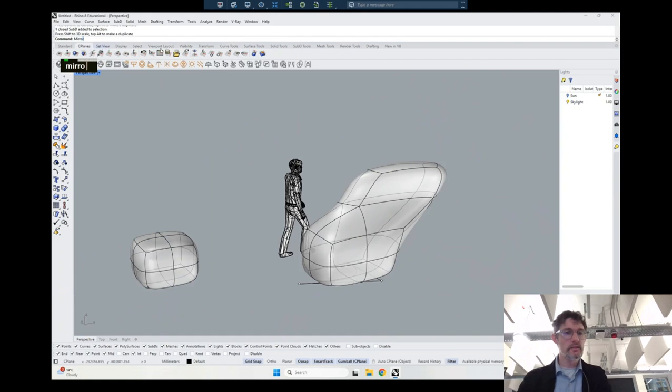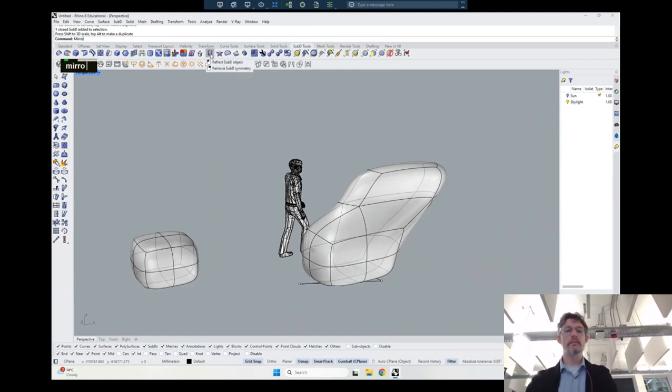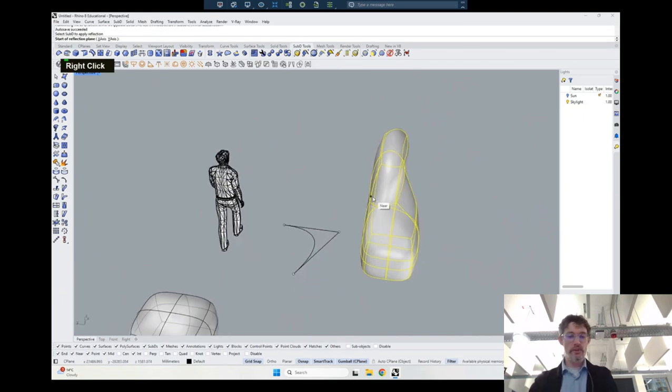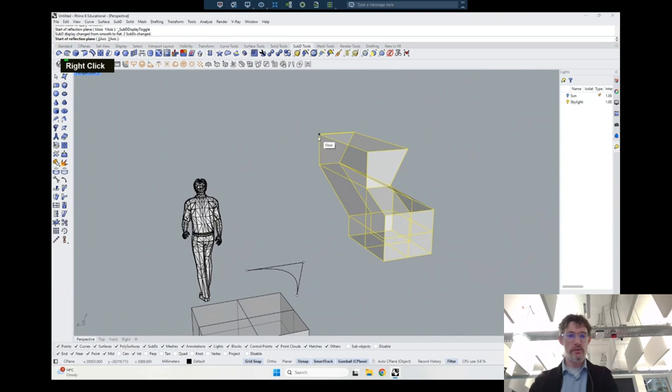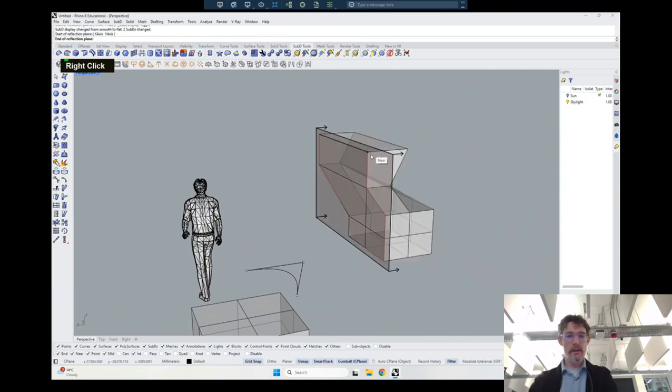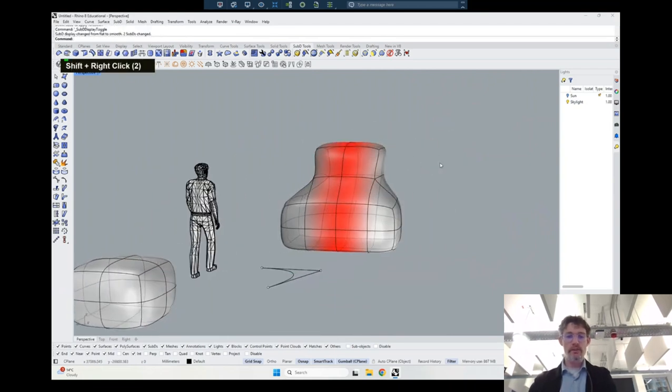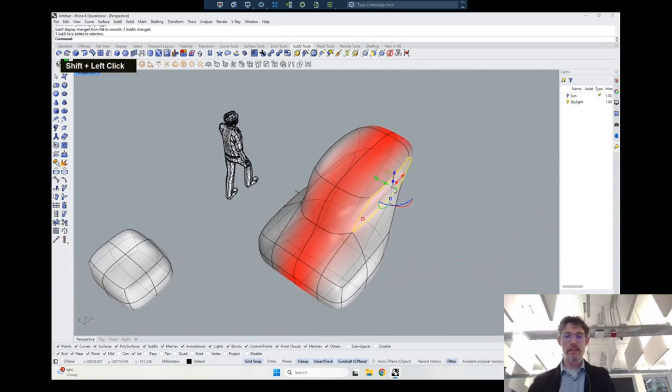It's under sub D tools. There it is. There's a little thing that looks like a mirror. It's not actually a mirror. It's reflect, my apologies. Reflect sub D object. And then we'll select this object. And it says start of reflection plane. And I'm going to choose this one and this one. There we go. And now I've got a reflected sub D,